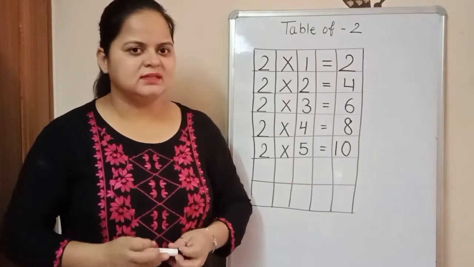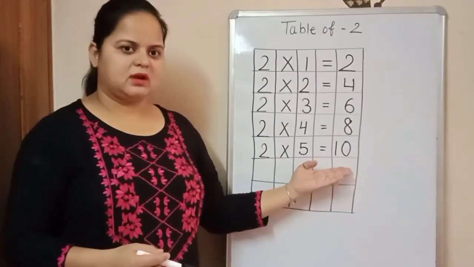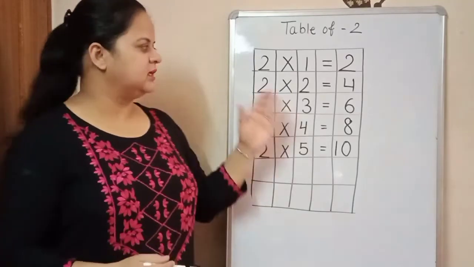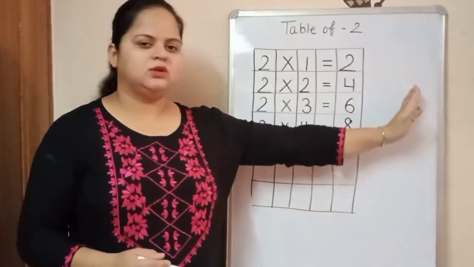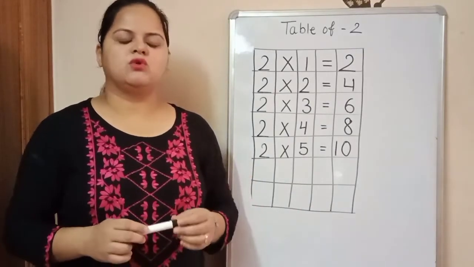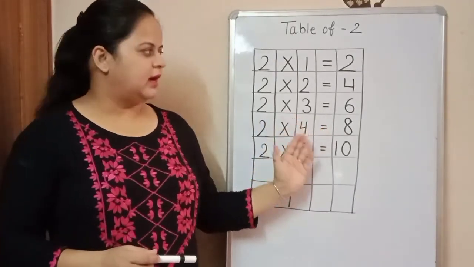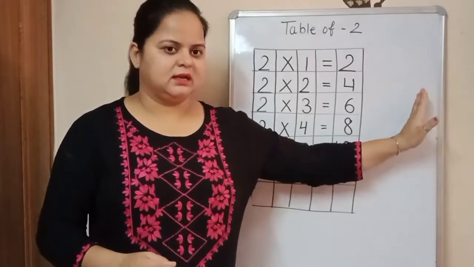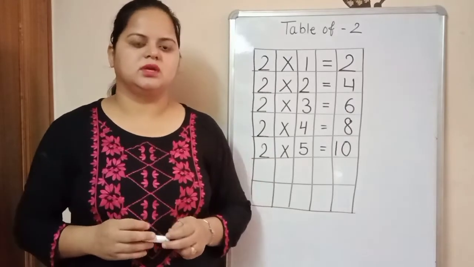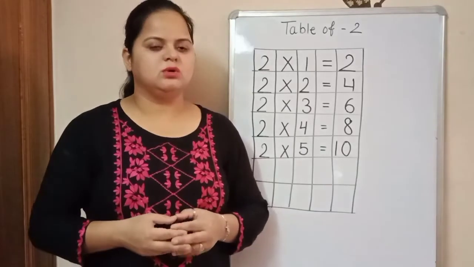Yes? Now your today's homework is this. You have to learn the table up to 5. And you have to repeat the same work in your notebook again. On one page of your notebook, you have to write it 4 times. One time you have already done and you have to do it a second, third and fourth time in your homework today. And after that, you have to click pictures of your notebook and send them to ma'am.